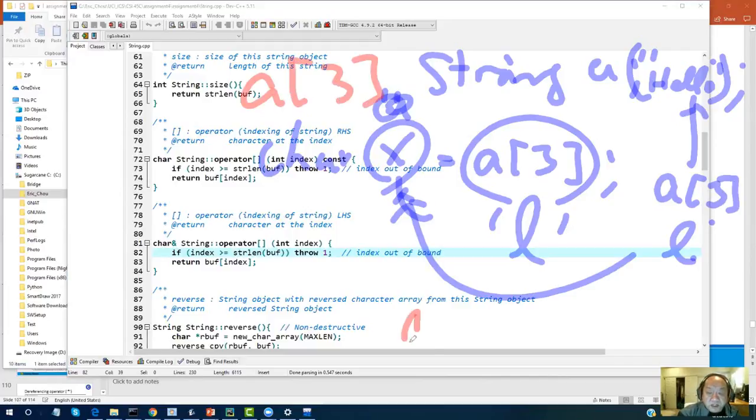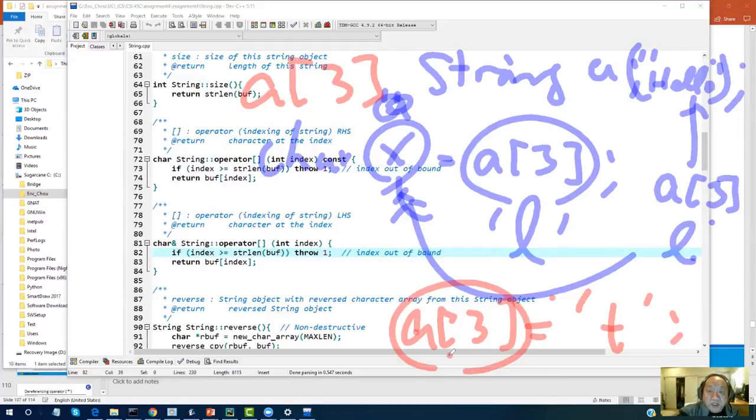The other situation is that I assign the character T to a of 3. When this happens, it will call this other one, and instead of returning L, like the one above,